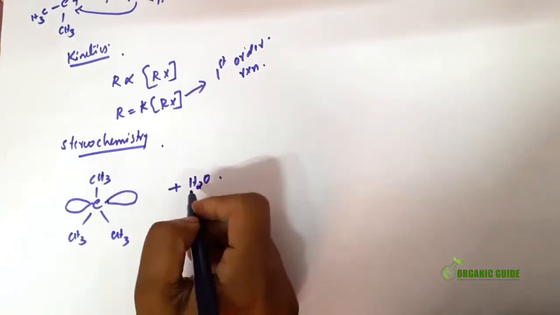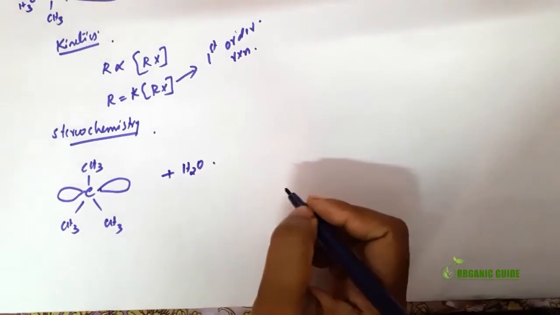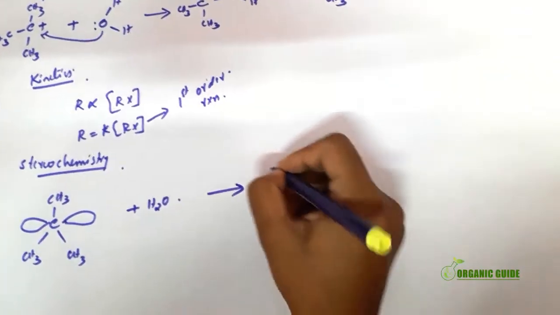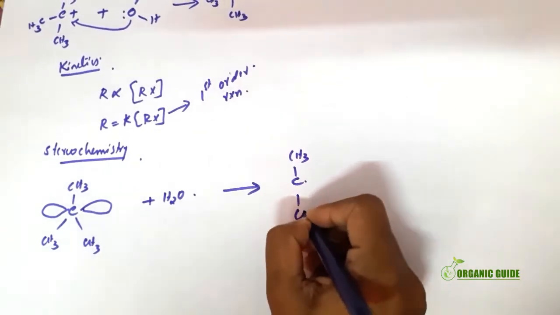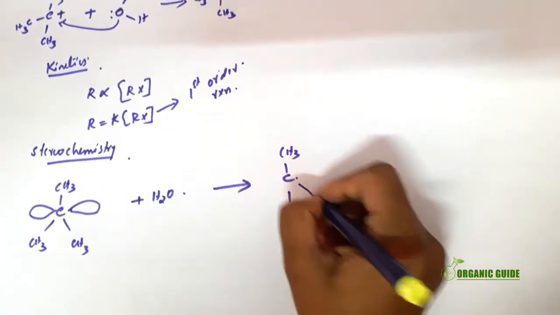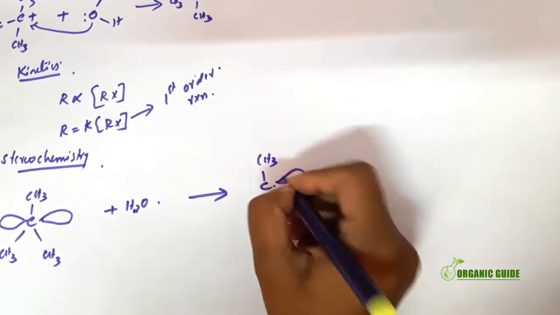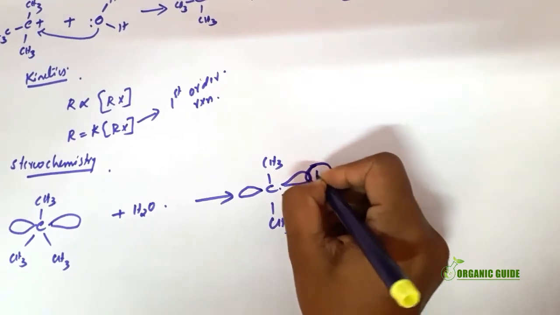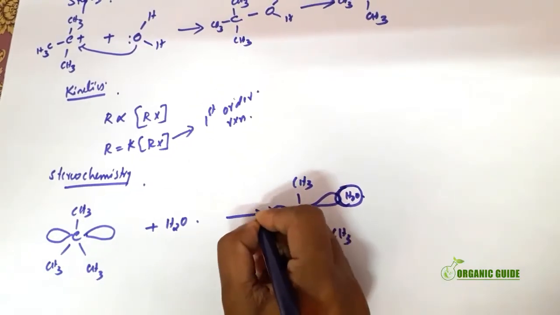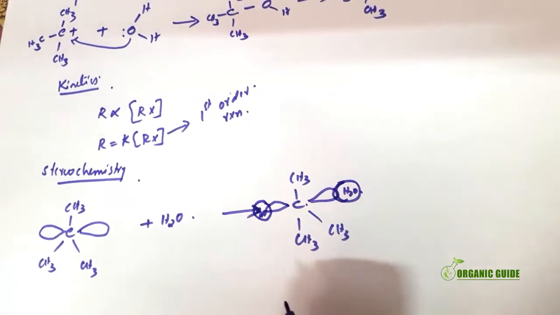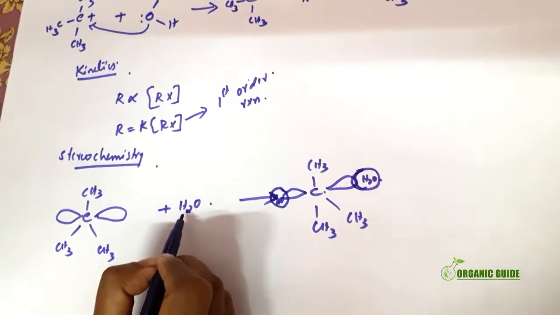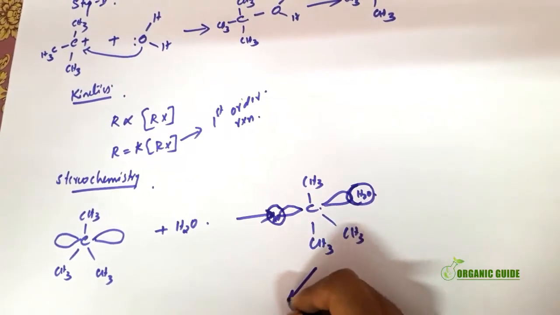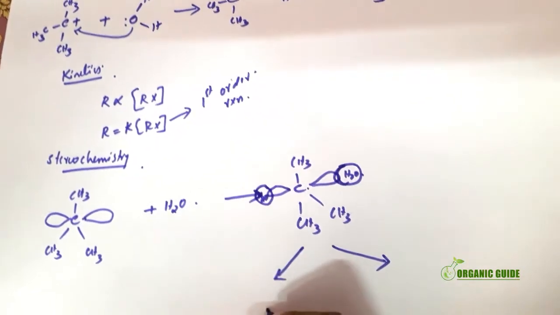It will have a vacant orbital, and we are reacting it with a base, that is, we are taking water as the reactant. So there is an equal probability for the base to attack both lobes. This base can attack here as well as this side. There is an equal probability for this base or water molecule to attack on either of these lobes. So we will get two types of product.